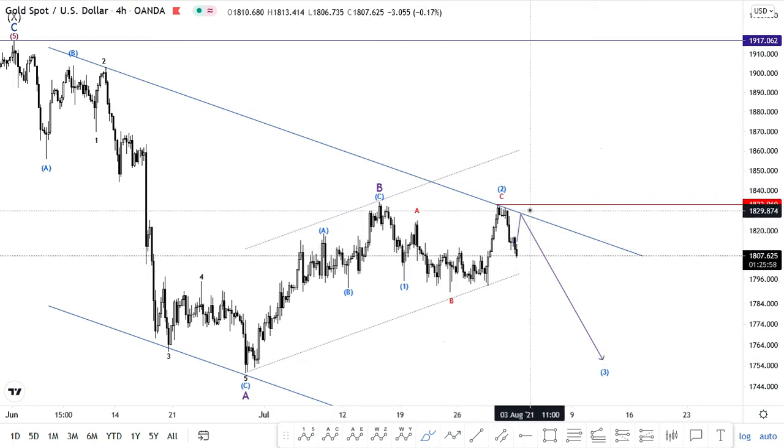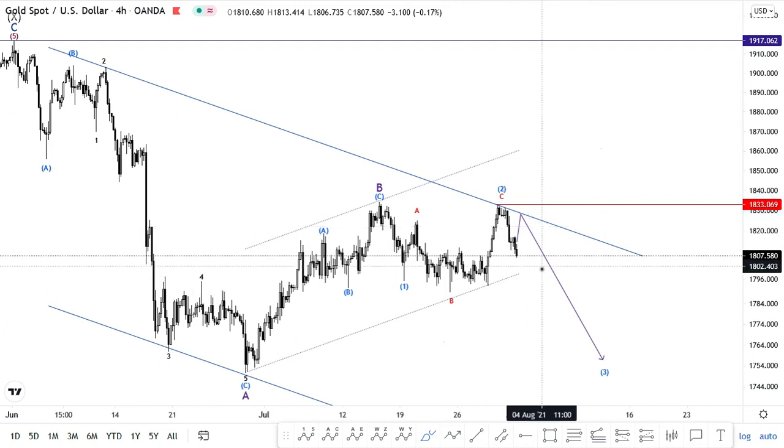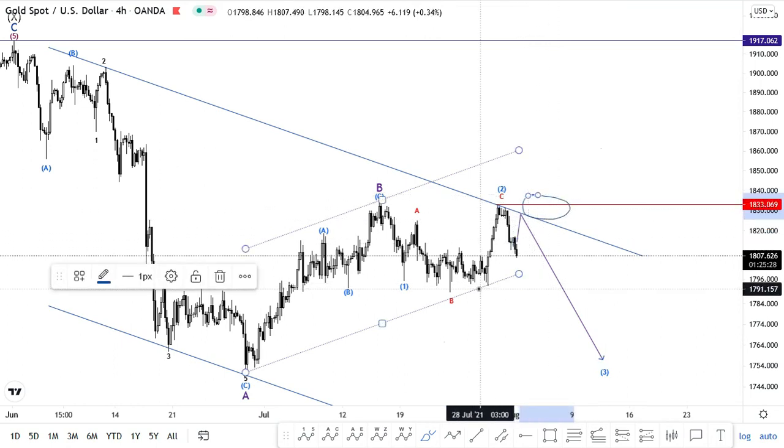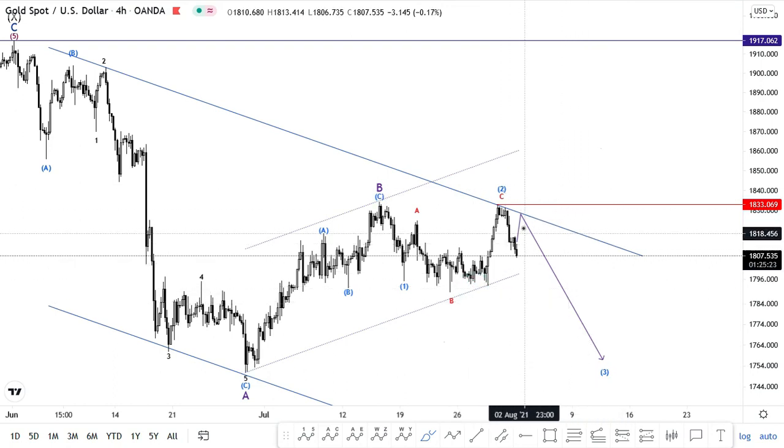So we are hoping to go short on gold, and then we hold this idea as long as price is trading below these areas, because it is pretty much significant. That's why I actually like the Elliott wave, because it lets you know when you are wrong and when to not consider the idea that you have at the moment. So we are willing to hold on this idea as long as price is trading below these areas, and then price breaking here will confirm that indeed we are observing a bearish rally.